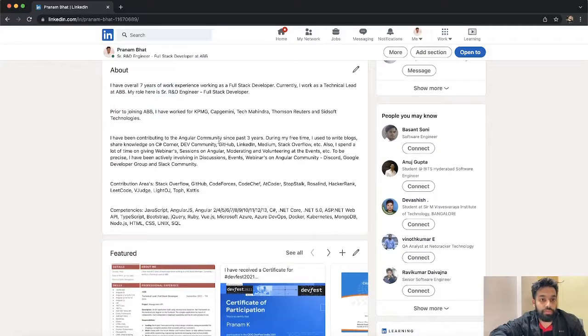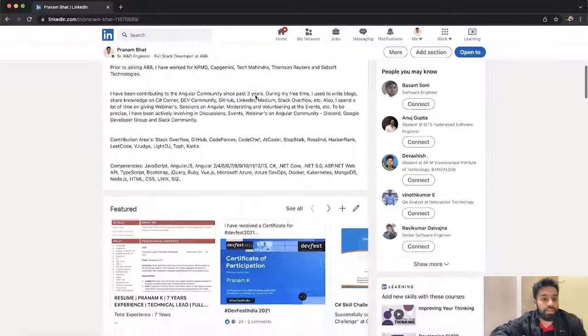For example, if you have some experience, mention that experience in the About section, and also mention the roles and current responsibilities, so that whenever someone visits your profile, they are able to see your background at the first stage itself. So this is the main section, I can say.